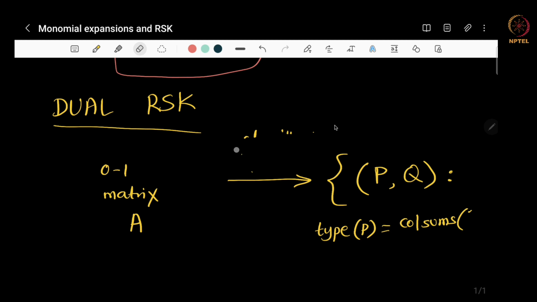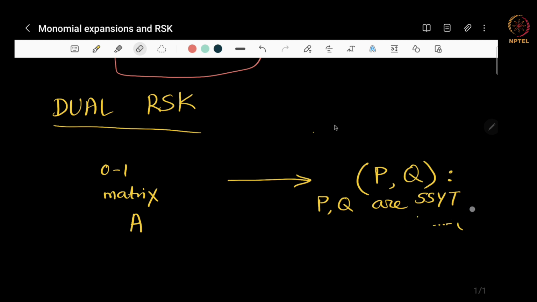It associates to it a pair P, Q of tableaux, where P and Q are semi-standard Young tableaux of dual shapes, with the property that the shapes of P and Q are dual to each other, transposes of each other, such that the shape of P equals